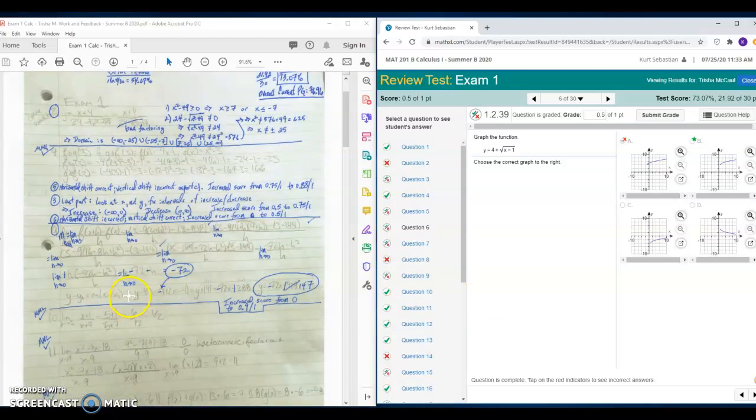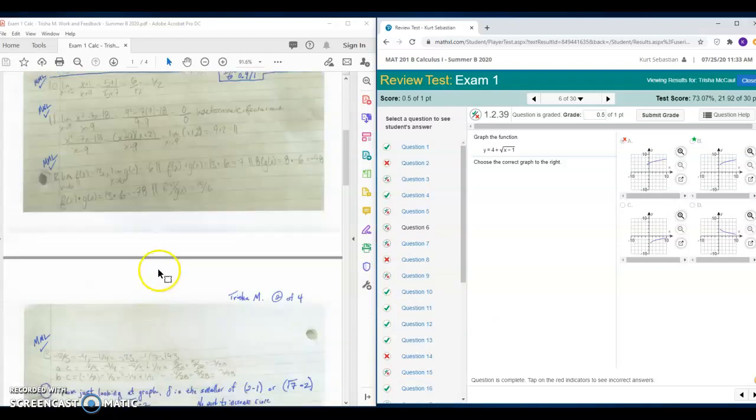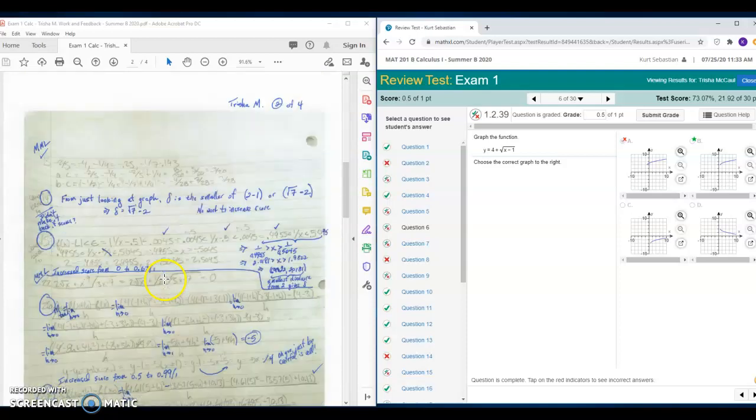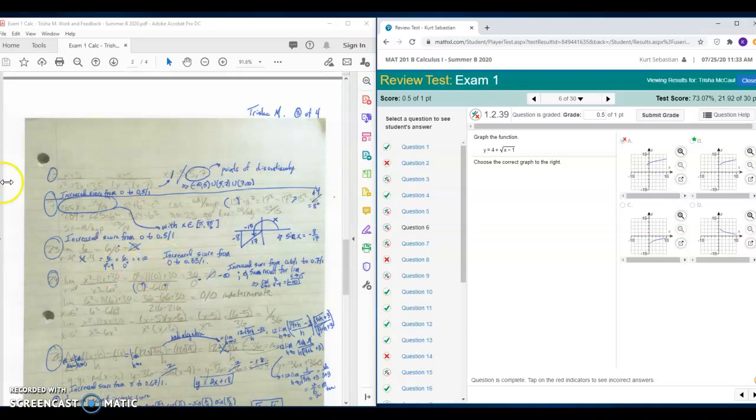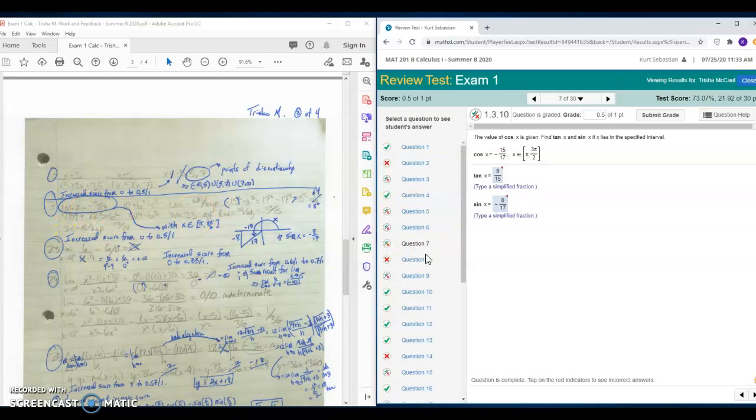Okay, so question 7. Let's see. Do you have 7 out of order here for me? I can't remember where 7 was. 7's all the way here. You had it on the last page. So when we look at 7,